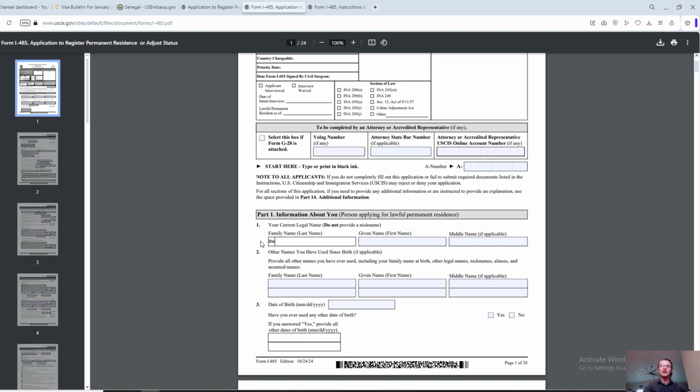So let's start. We've got Part 1, information about you. Number 1 is your current legal name. Do not provide a nickname, obviously, makes sense. Given name, that's first name, so in our case, it's John. Last name, family name, Doe. Middle name, if applicable. In this case, this guy does not have a middle name, so we're going to say N/A